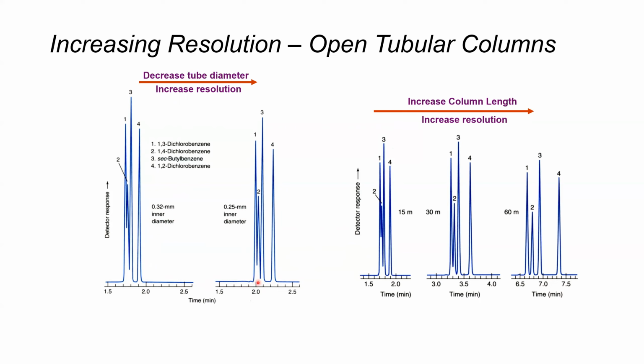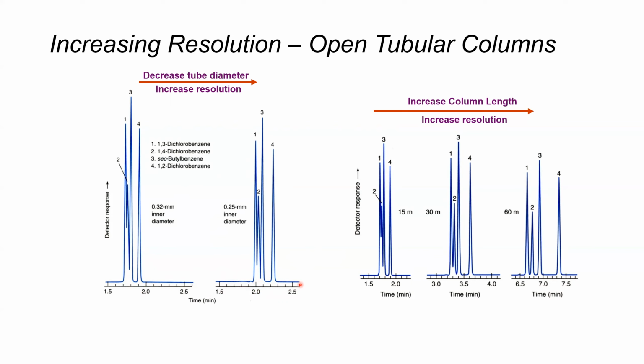And you can see that by continuously decreasing the diameter of these tubes, you could improve resolution. But one other thing that we should notice is that the time of elution has changed. So the elution time has taken longer. It's gone from just under 2 minutes to just over 2 minutes for elution of all of the components. And so this is something that needs to be considered as well. So whilst we can also improve resolution, we're also increasing the length of time it takes for the elution to